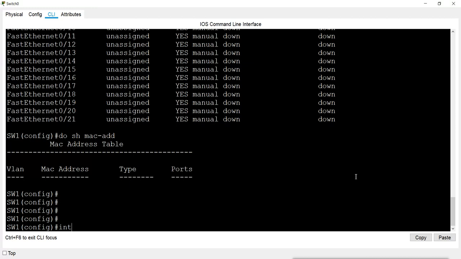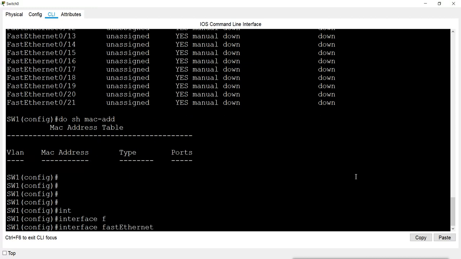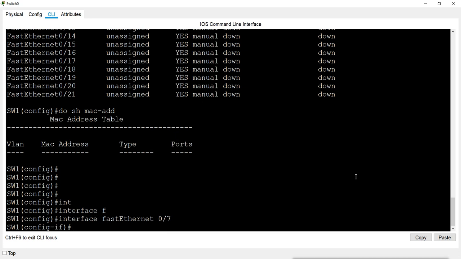So, interface FastEthernet 0/7. Now I just want to convert this port into a trunk port. Now remember, what is the default status of the port? By default, all the ports of the switches are in a dynamic state.